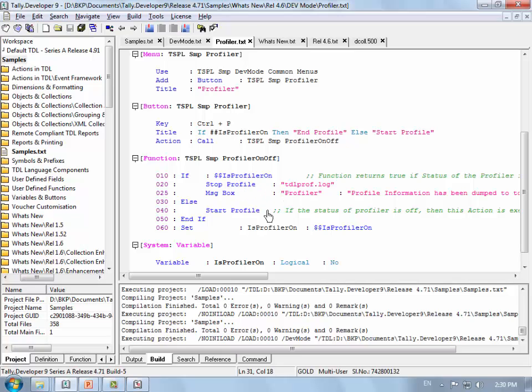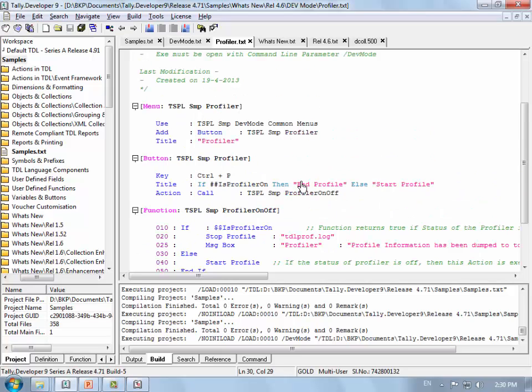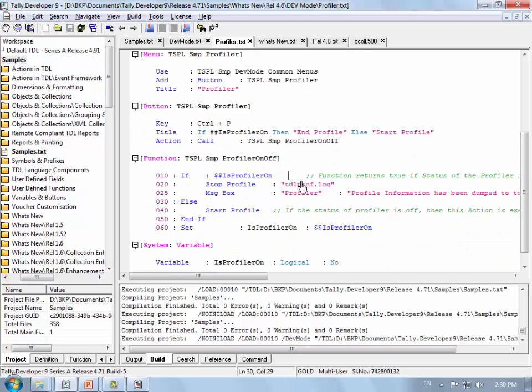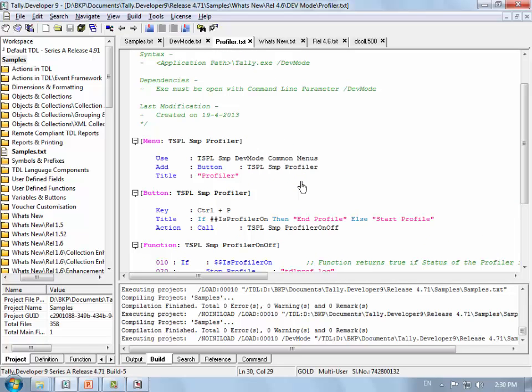Start profile is an action but does not have any parameter. Stop profiler has an action stop profile which takes the name of the file, right? So start and stop is the profiler that we have provided.